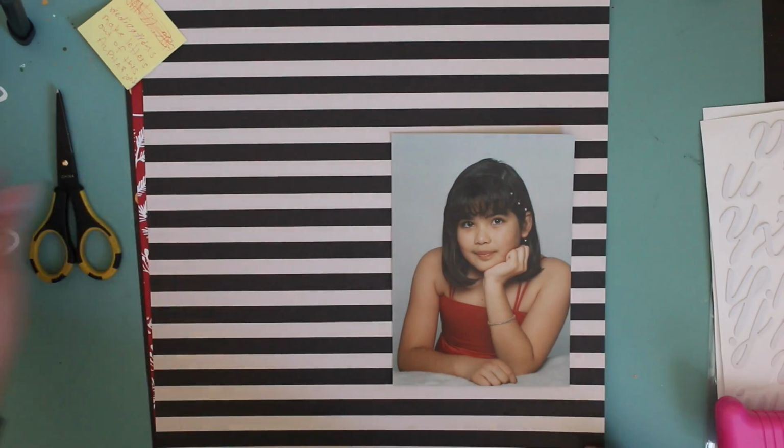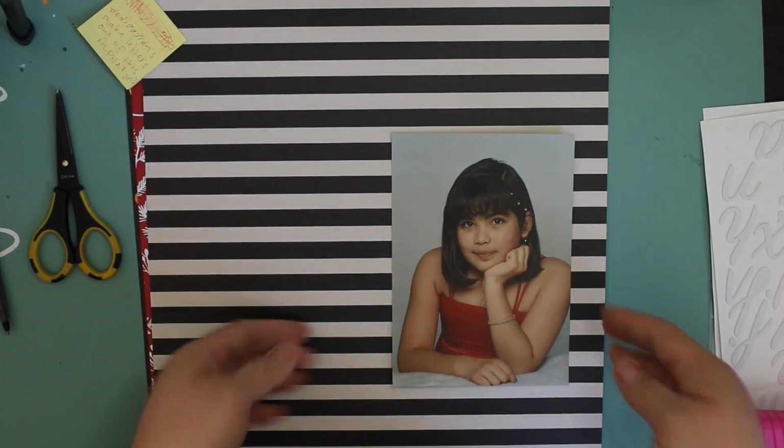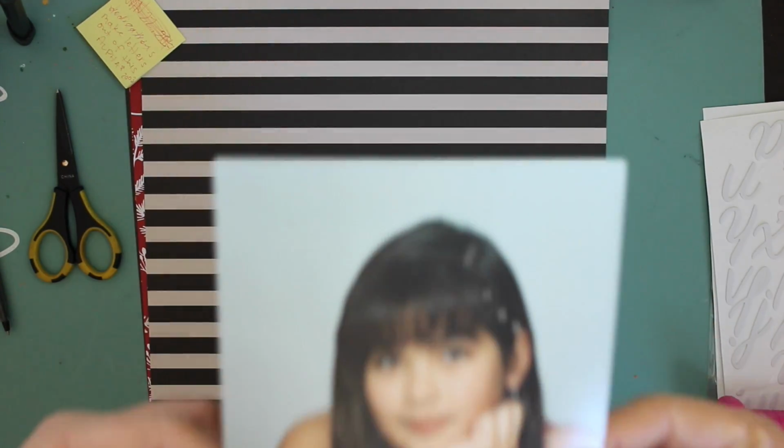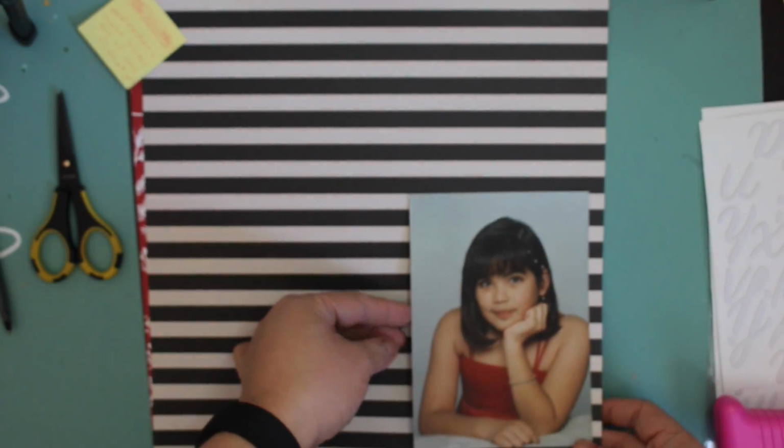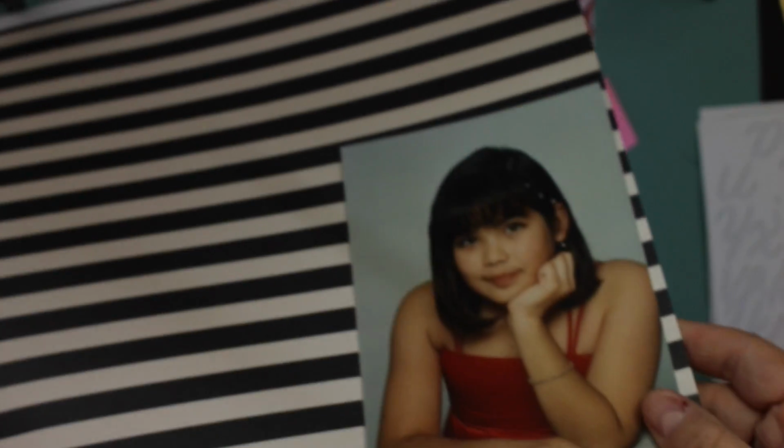This is going to be of a picture of my niece, and it's going to talk about the dedication. I'm going to make this a layout, and when I insert it into the page protector, it's going to have an open back frame here, so I might double side this area and then